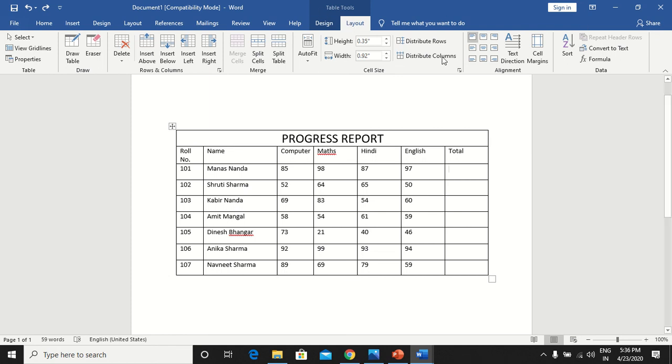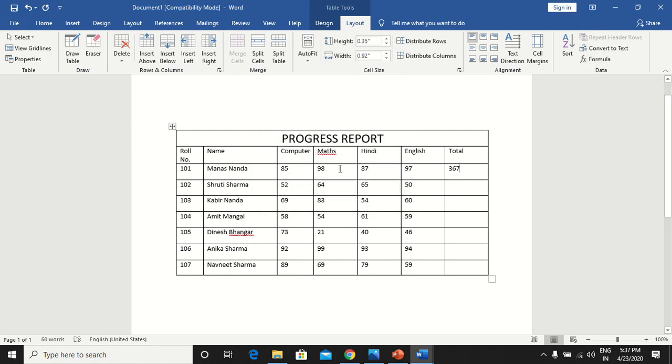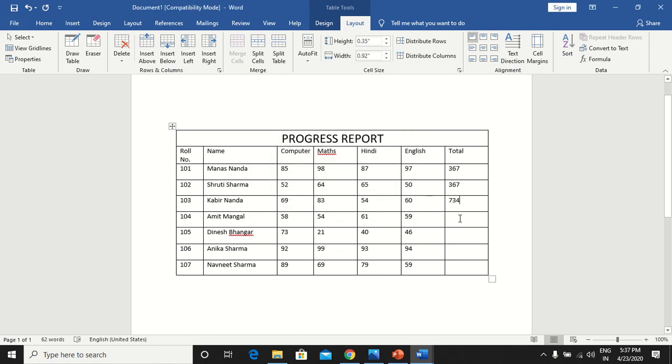Inside the Layout tab there is a Data group. I will press OK. Now you observe the total appears here. Same way I will click here, Formula, OK, total. Now I will click here, Formula, total. So I can apply the total like this.